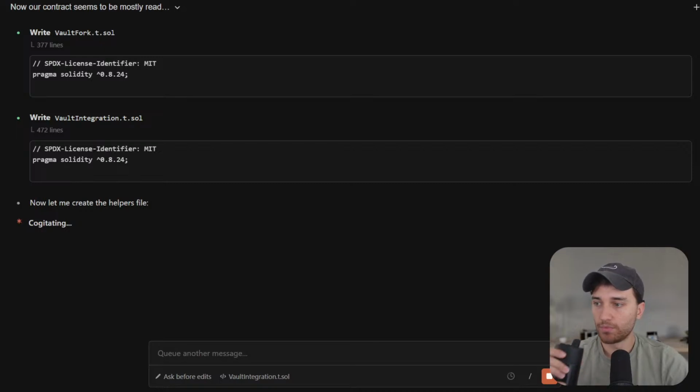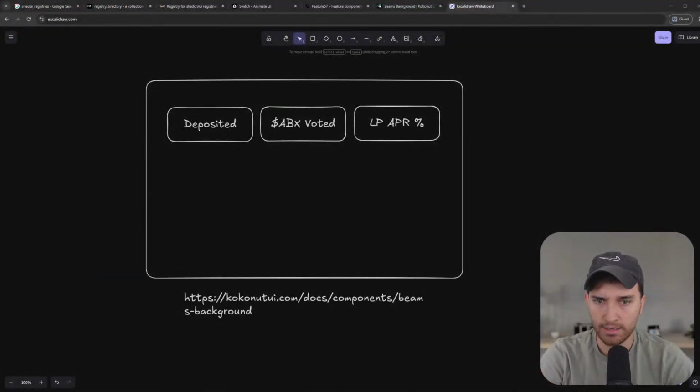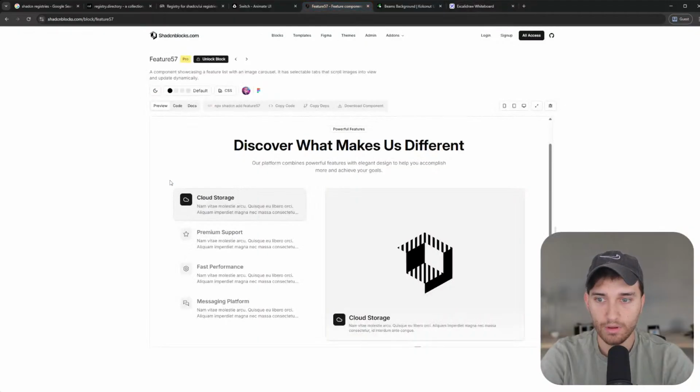I mean, it's pretty simple actually. We just want to show how much is in the vault. And for users, like, what's the incentive to deposit into the vault? Like, if we screenshot this,